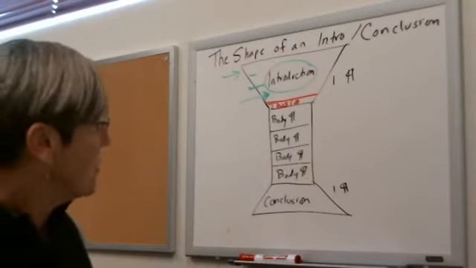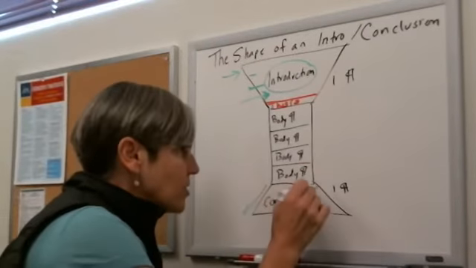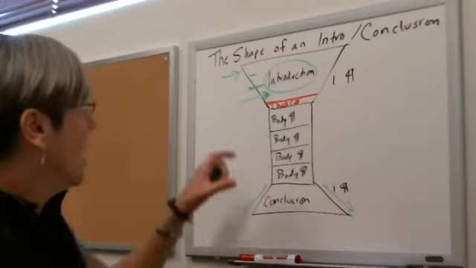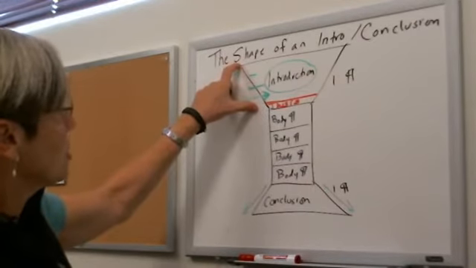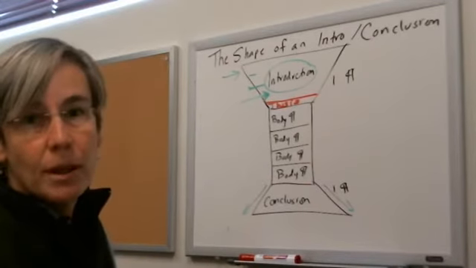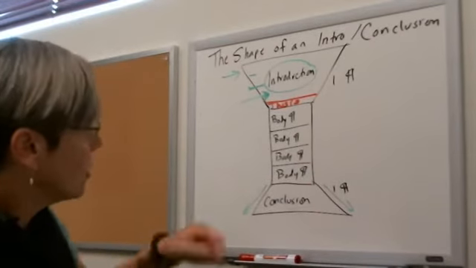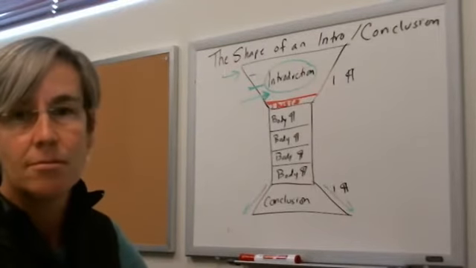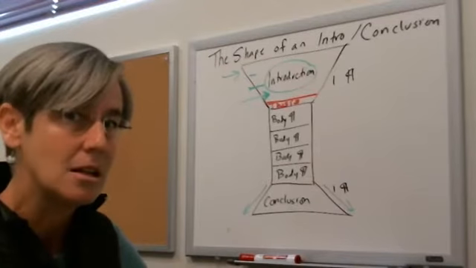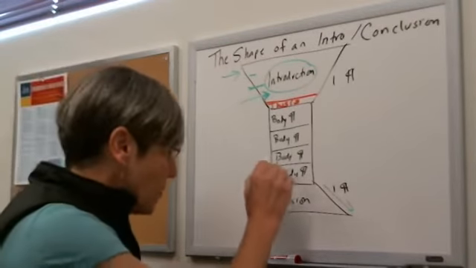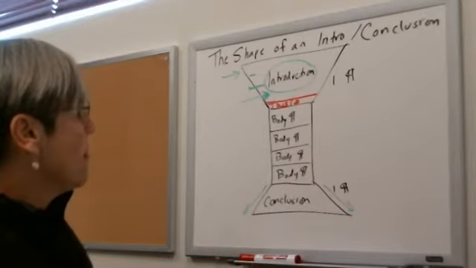The conclusion functions the same way, but kind of in reverse. I often think that conclusions can be a little bit shorter too. I would recommend that your introduction be a minimum of half a page to three-quarters of a page. Conclusion can often be closer to a third of a page. I think most teachers see conclusions as less essential. That doesn't mean you won't fully develop your topic. The topic is fully developed in the body.